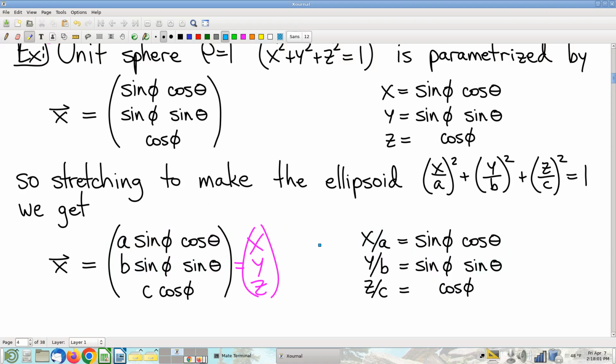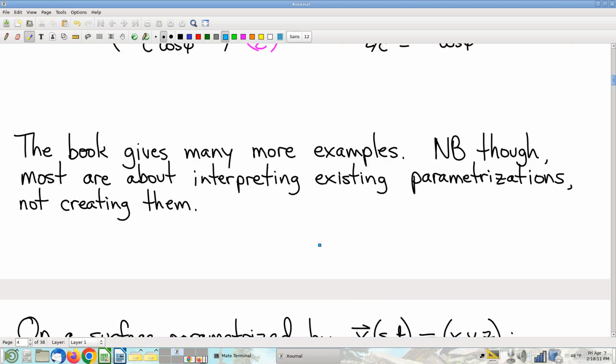Okay. So we parameterized something by this deformation method, which if I had tried to go straight at it, I would have been in big trouble. Okay. All right. So last comment I'm going to give, there's a bunch of examples in the book, and they're fine examples. But they have a common